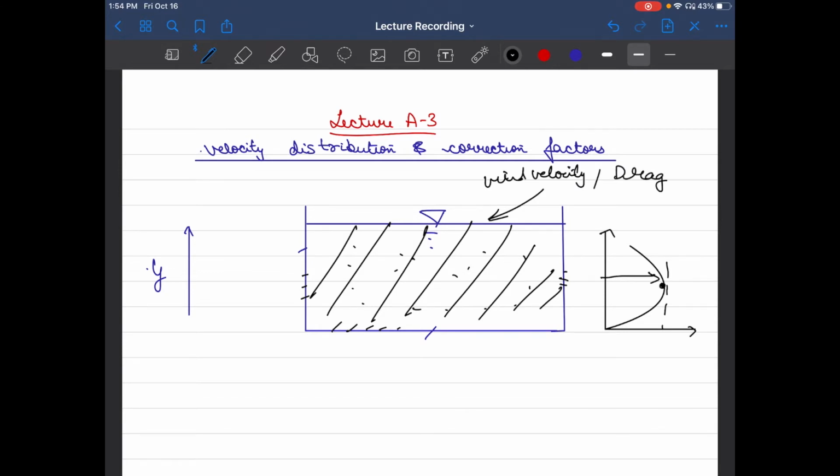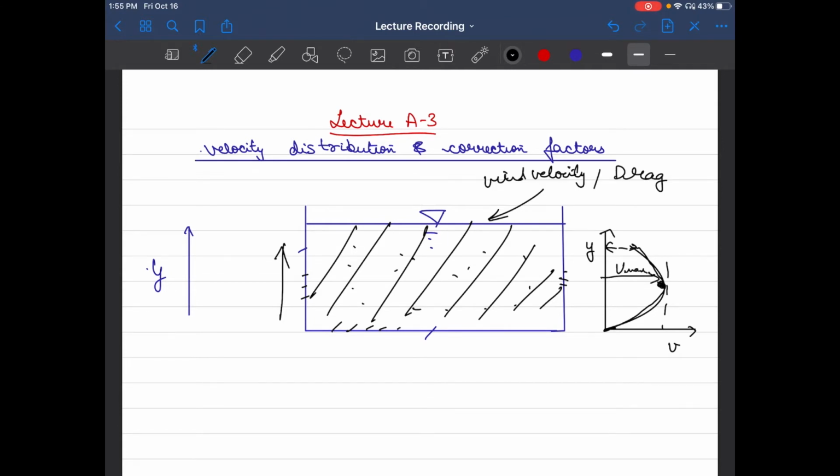Now, since the magnitude of forces is different as we go upward in the cross section, that would essentially mean that the velocities should also be different at different points in a given cross section. And that's indeed what we have observed experimentally also. So if we plot the velocity with height, we see that the velocity is almost zero at the bed and it increases, and then at the top it is slightly lesser than the maximum velocity or Vmax we would have.